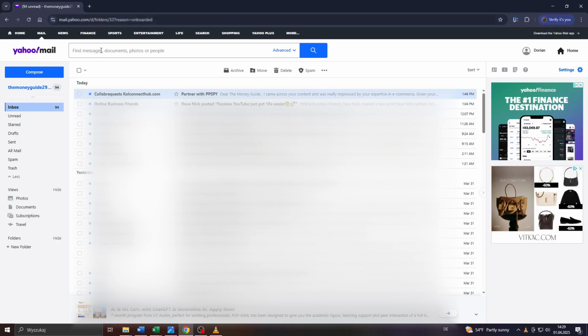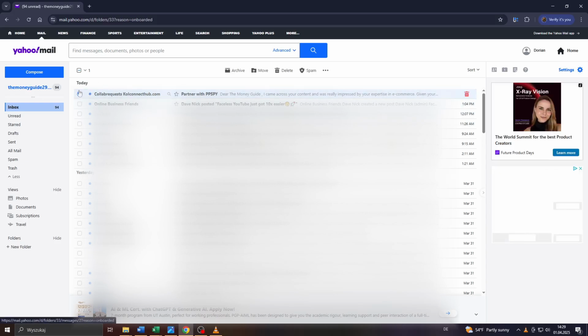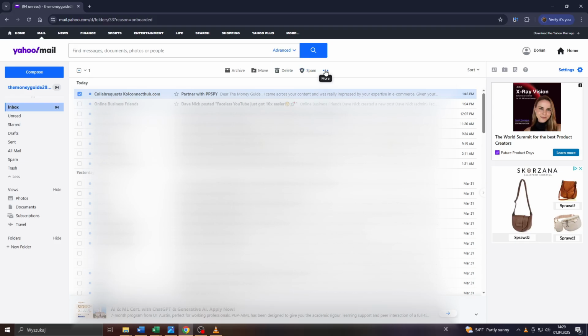Basically, all you need to do, guys, is head over to inbox and select the email from the email sender you'd like to block. So let me block that sender here for the sake of this tutorial. All you need to do, guys, is select the given email by checking that box here to the left. And after that, click on these three dots here at the top next to spam and select block senders from